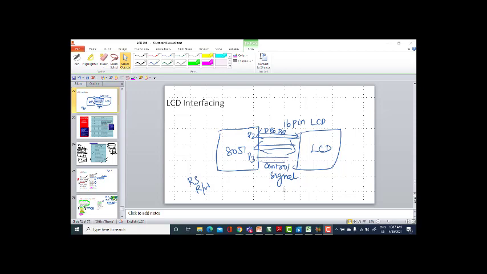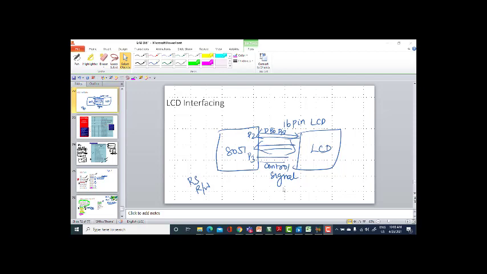So we are having a data bus in the LCD, and similarly you have also control signals in the LCD. The data bus is connected to P2, whereas the LCD control signals will be connected to port 3 of your 8051. The control signal, in the sense whether you need to write the data or write the command words inside the LCD, or before giving all these commands as well as the data into the LCD, we need to enable the LCD. The enable signal is also said to be a control signal.